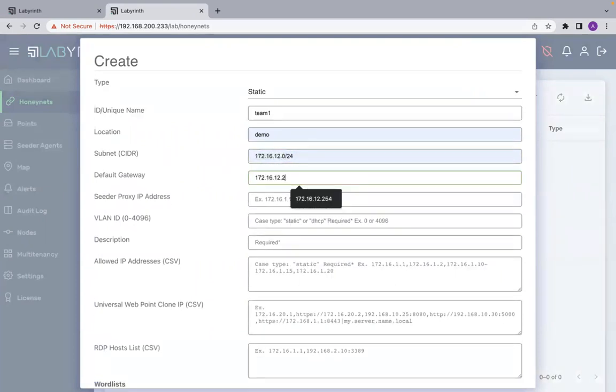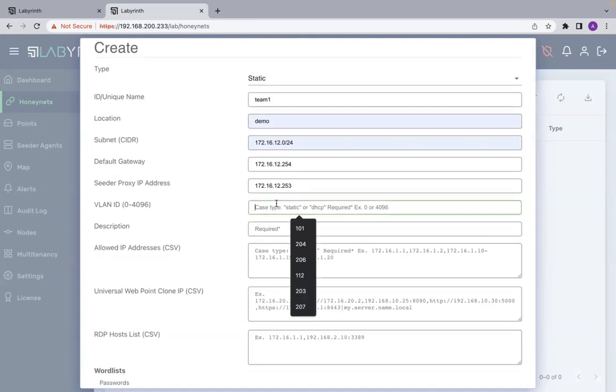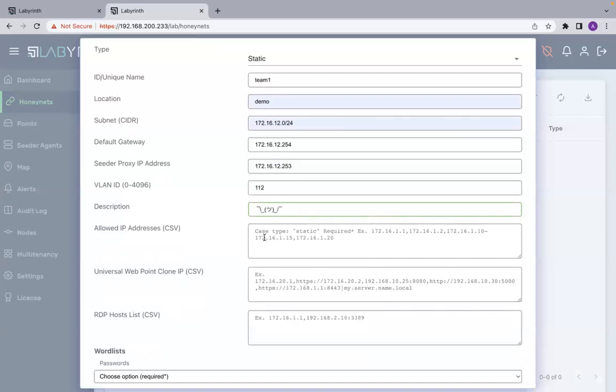And default gateway. So next field, Cedar proxy IP address. It is about one of the addresses from the subnet, which is needed for proper Cedar agents work in cases where it's not possible to provide direct network connection, I mean, to admin virtual machine or management console. Therefore, let's provide it. Also, I need VLAN ID, some description, and